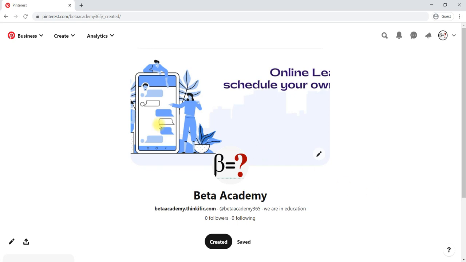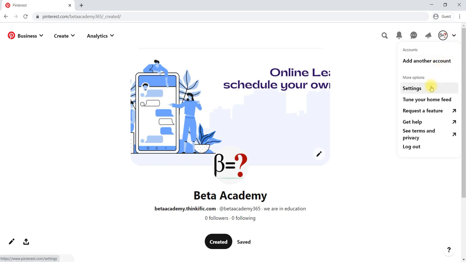So far we have learned how to create a pin, analyze it, and follow others by using the home page, and how to optimize a page by using this arrow key and settings. Then one more option is to tune your home page. Whatever you have created so far, if you would like to turn it off at any point of time, you can go to tune your home page.